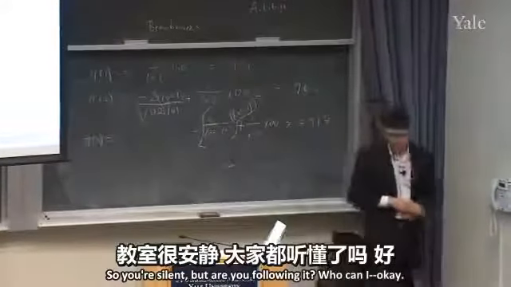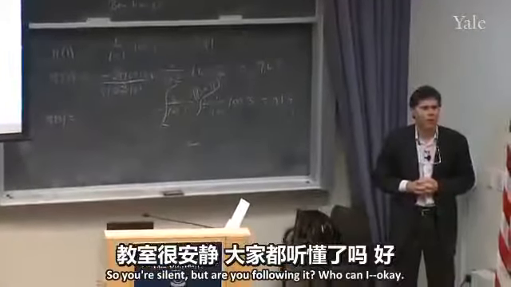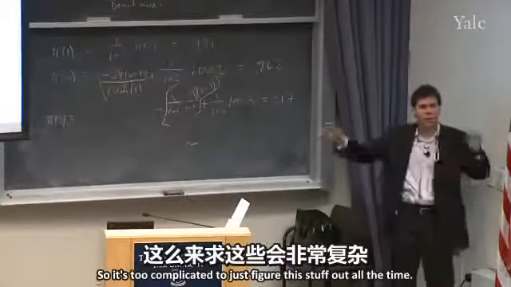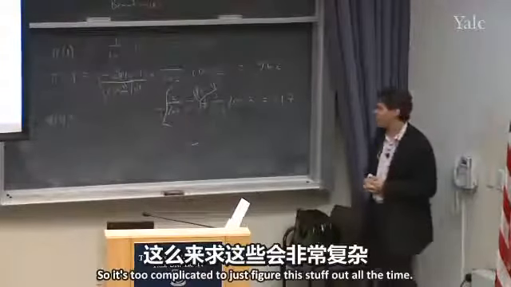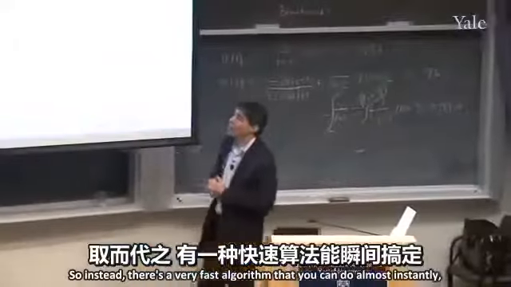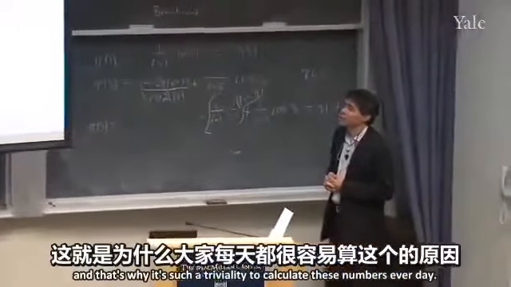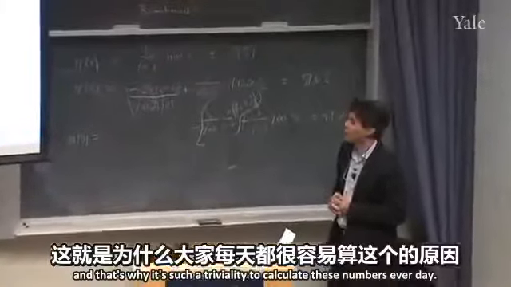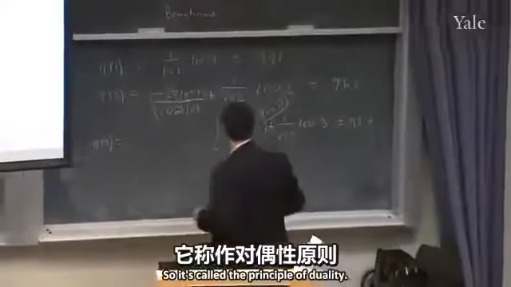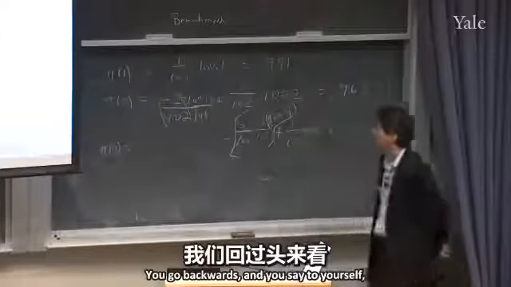So, you're silent, but are you following it? Okay. It's too complicated to just figure this stuff out all the time. So instead, there's a very fast algorithm that you can do almost instantly, and that's why it's such a triviality to calculate these numbers every day. It's called the principle of duality. You go backwards, and you say to yourself,